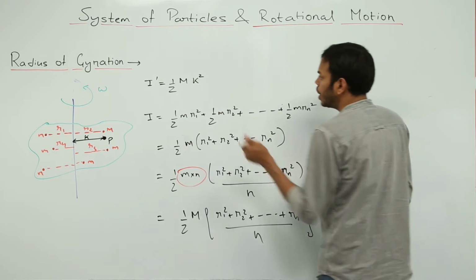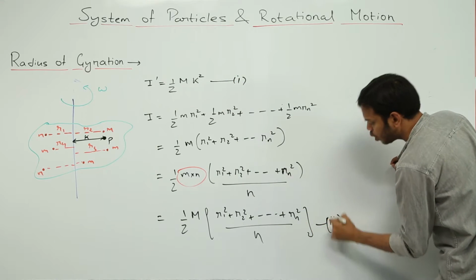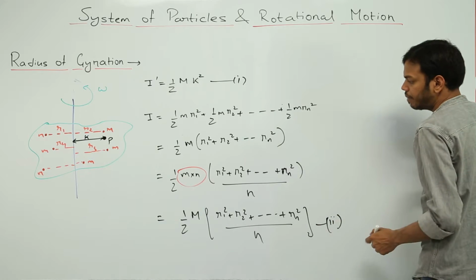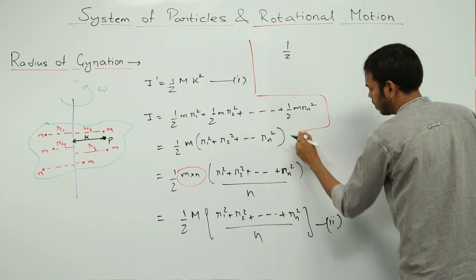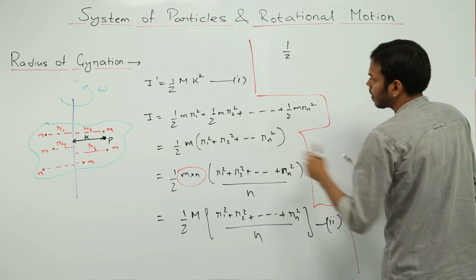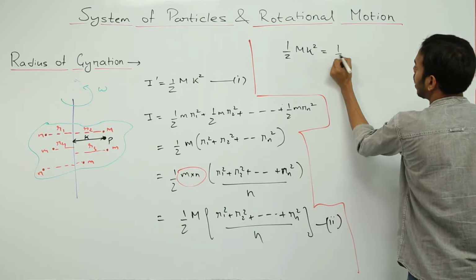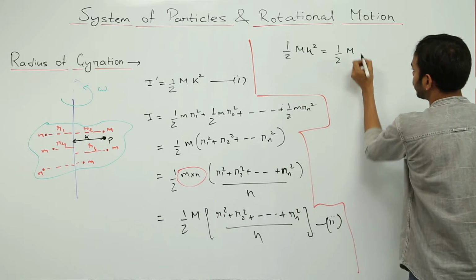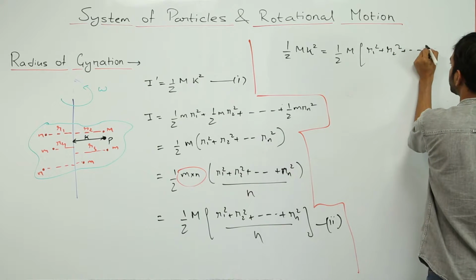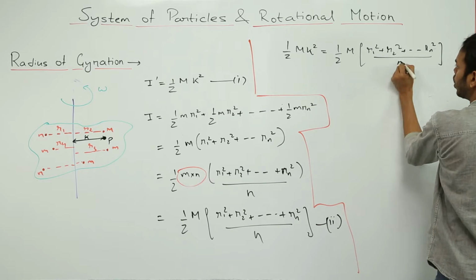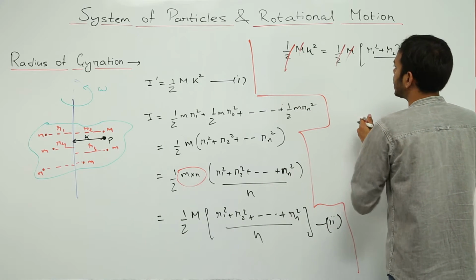So what we have to do? We have to equate equation 1 and 2. So on equating 1 and 2, what will I get? Half M k square is equal to half M times this one, r1 square plus r2 square plus ... rn square, divided upon n. So these things get cancelled out and I am left with k square is equal to